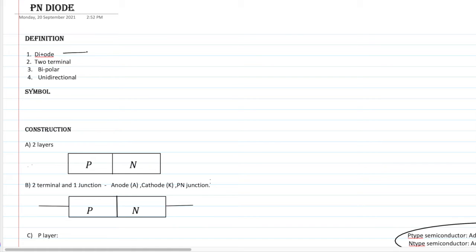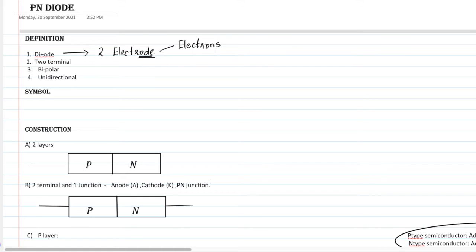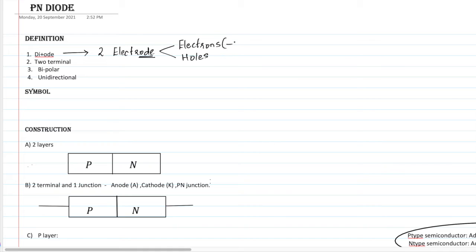So diode, it is simply Di plus ODE, that is di means two, and ODE is a short form of electrodes. So what are those two electrodes? One is electrons and the other is holes. So these two are the electrodes which we use in PN diode, and these electrons are